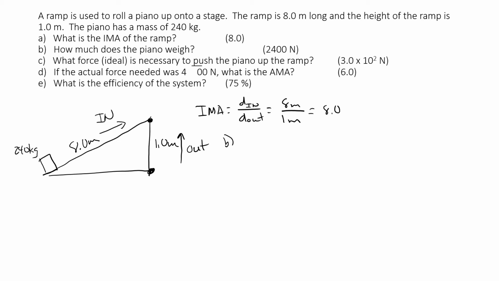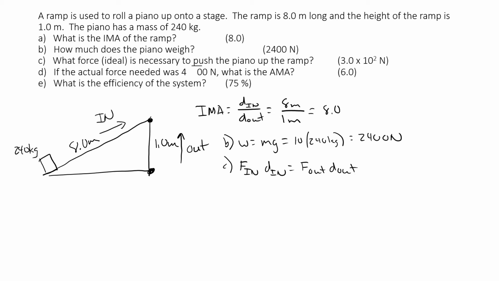Part B asks for the weight of the piano. Again, weight equals m times g. So 10 times 240 kilograms means the piano's weight is 2,400 newtons. Ideal force necessary to push up the ramp. Well, that's F in. Ideally, the work we put in should be equal to the work that we get out. And we just need to define everything correctly. So if we do that,